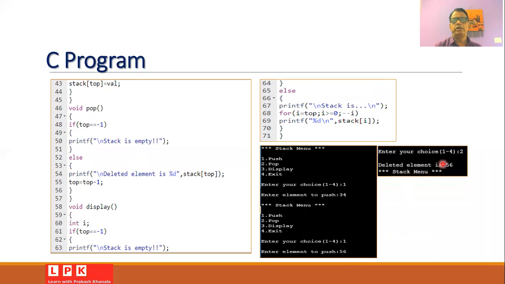If you enter your choice as 2, you will find that the top of the stack, which is the element 56, will be deleted from the top of the stack. If you enter the choice 3, then the remaining elements of the stack will be displayed on the screen.